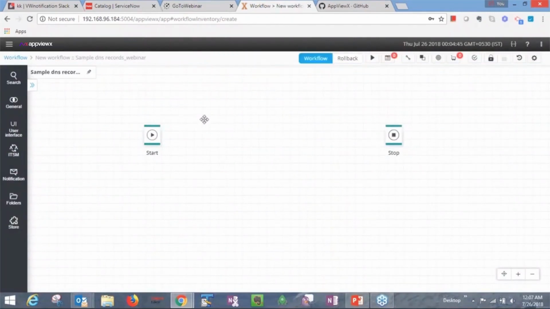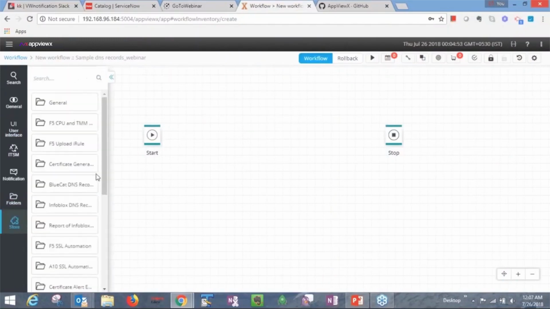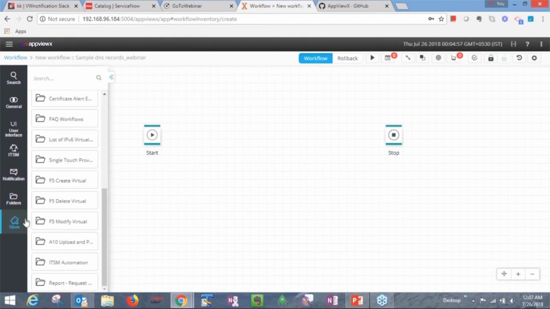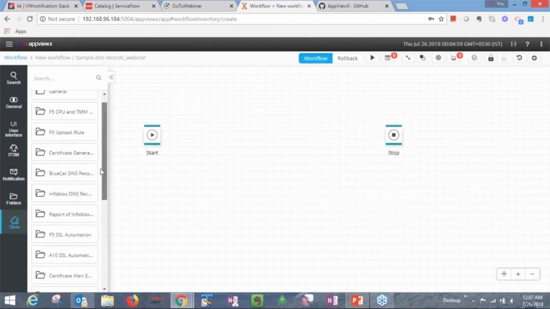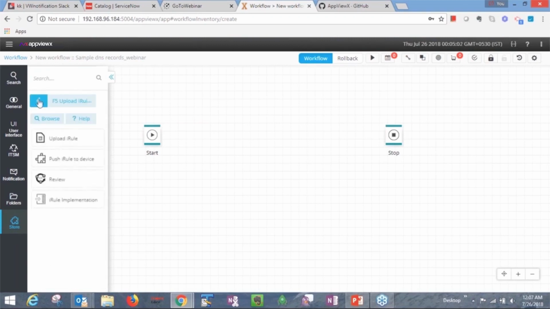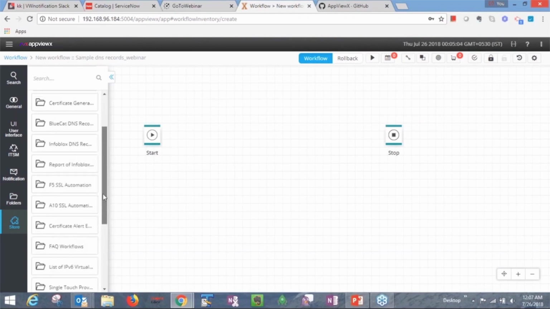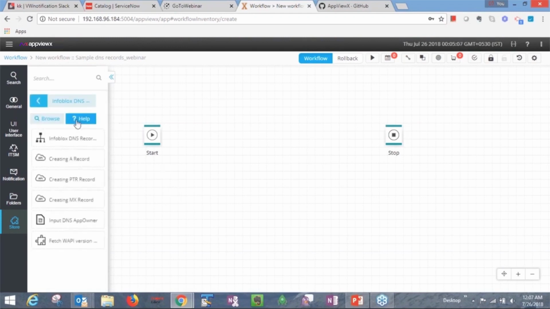So now I'm in the canvas, and on the left, like I said, there are a lot of workflow elements that will enable you to automate in general. But in the context of designing quickly, I'm going into the workflow store, and here you see a whole lot of folders with pre-built business rules. So in our case, I'm going to click on Infoblox DNS records and demonstrate how you can drag and drop some of these workflow elements and automate them quickly. And for any instructions, you can click on the help section, and you can download these support documents so that you get a clear understanding of how you can build the whole workflow itself.